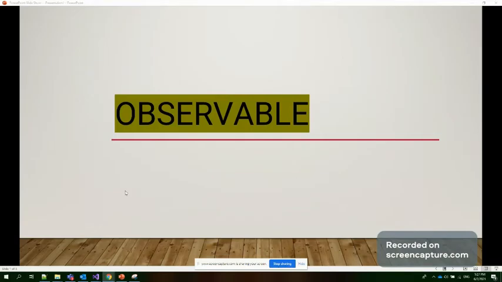So hi everyone. Today we are talking about the most important concept, the observable. This observable is now widely used in front end technology. Developers coming from the Angular side or the React side or any other should be aware of the observable. So what is observable? In the next slide we can see the